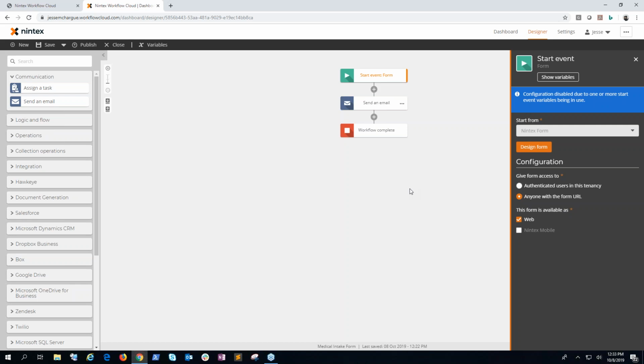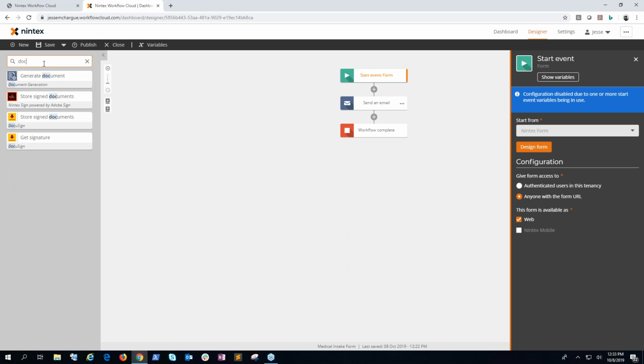Going back to what we were just talking about, what is that process? What is that overall process map that you've defined using Nintex ProMap and being able to automate that? It's really just about dragging all of the actions into it. So I want to generate a document after this, right? So they fill out the paperwork. We now need to generate the document to make sure we send it to them so that way they have it for their records. I can take my document generation action, drag it over into the canvas, and now all